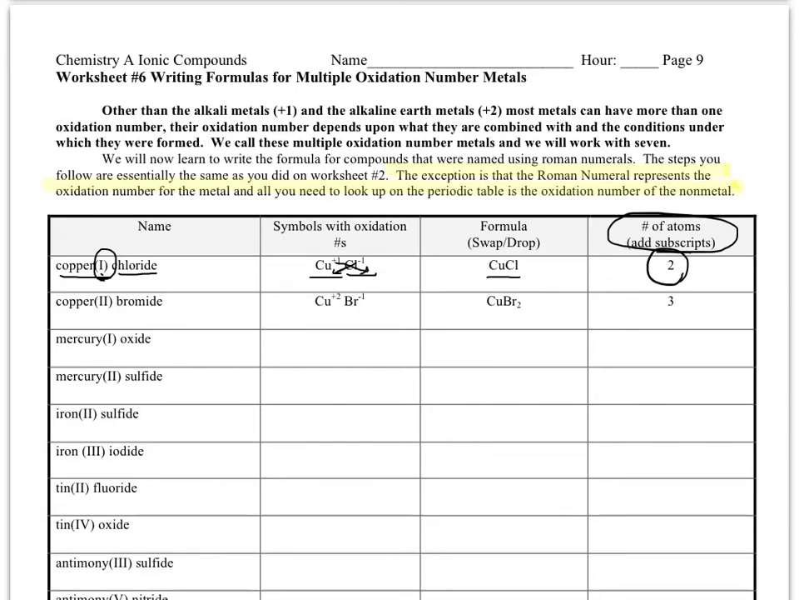Sometimes, instead of having copper 1, you'll have copper 2, like in the second example. So this is copper with a +2 charge. And bromine, we look up, it's also in the 7th column of the periodic table, so it's got a -1 charge. Again, we're going to swap and drop. So that +2 on the copper comes down and becomes just a subscript of 2, no plus sign, meaning that we've got 2 bromines. And the -1 on the bromine comes down and becomes just a 1, no minus sign on the copper, meaning that we have just 1 copper. So this is CuBr2, and since we've got 1 copper and 2 bromines, we have a total of 3 atoms